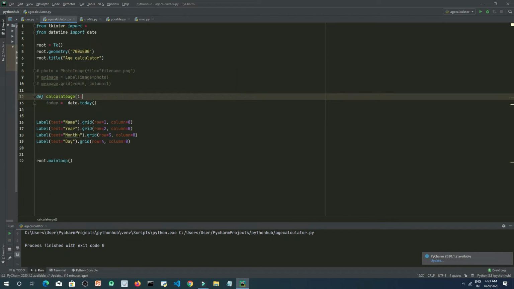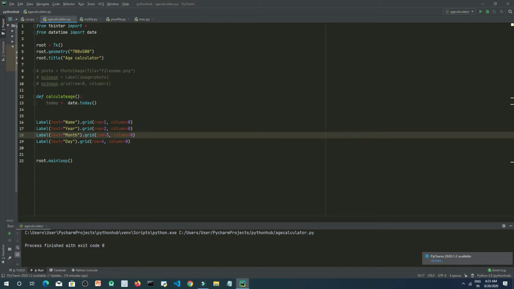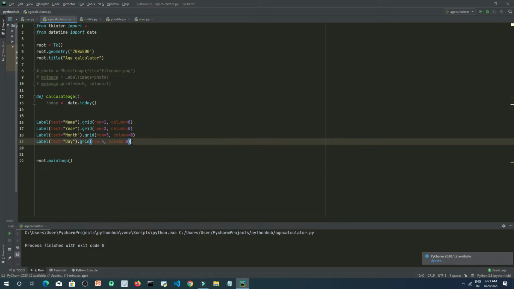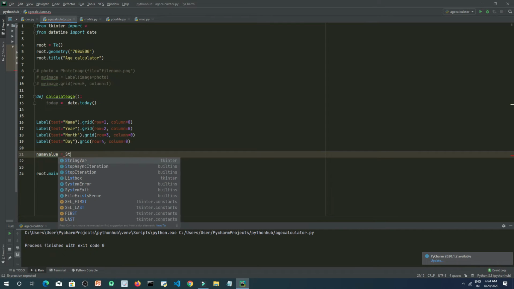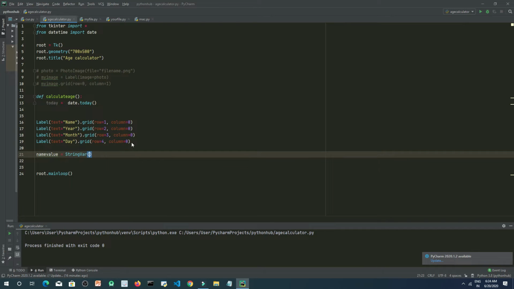So now it's actually month, right? So let's move forward. Now we need to declare the variable so that we can store the name, okay, entered by the user. Name value equals to string var. Actually what we are doing here, we are creating a variable of string type. This is a data type of Tkinter.